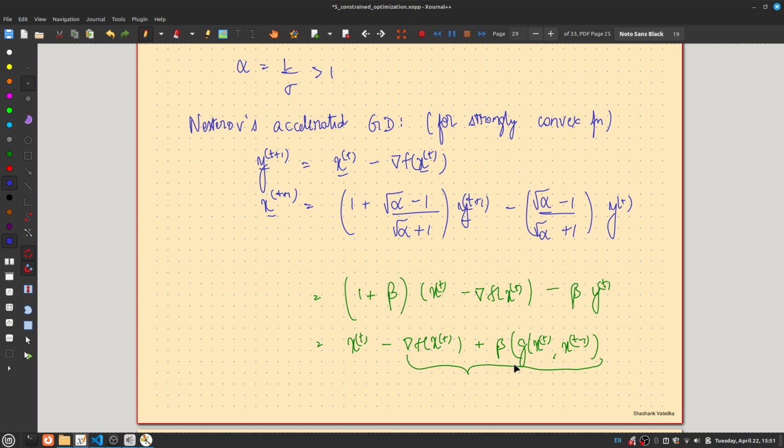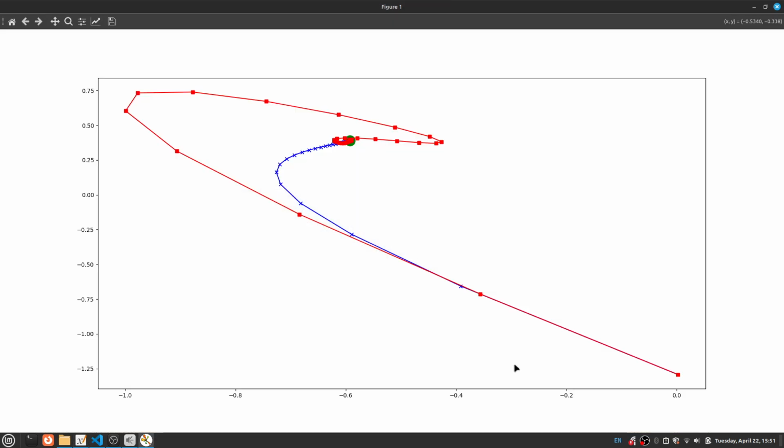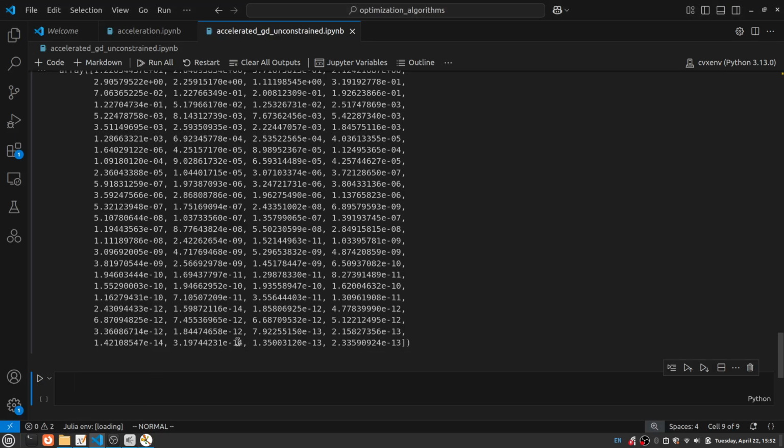The blue one, even that one doesn't go in a straight line towards the optimal point. It doesn't, because that's the behavior of the objective function itself. Can you plot the contour? Let me see if I can plot the contour. Yeah, it is just perpendicular distance divided by